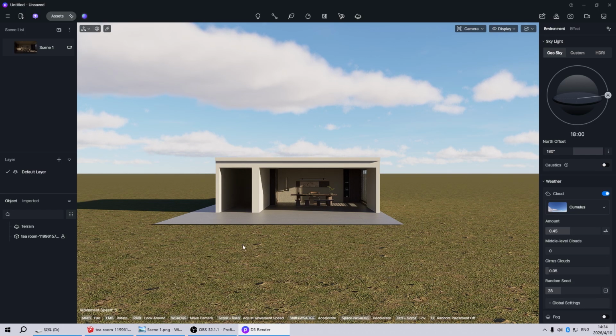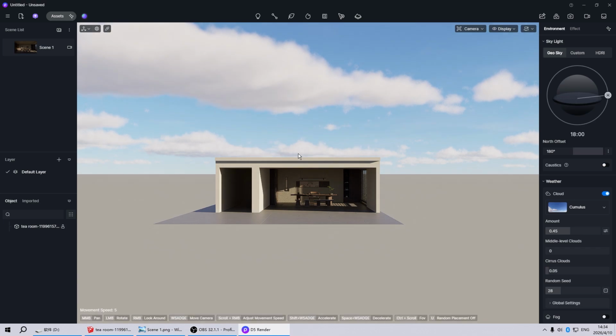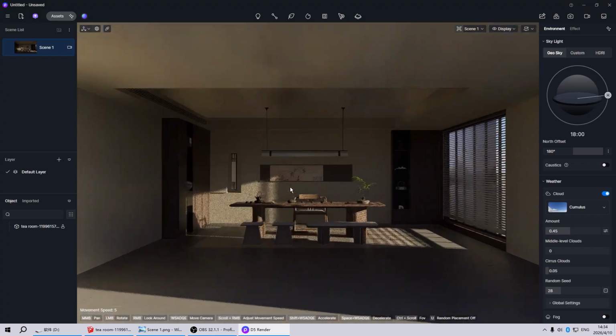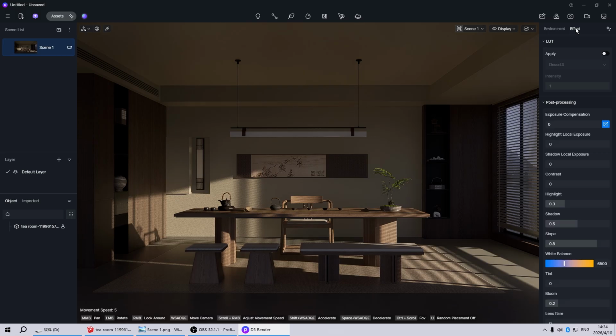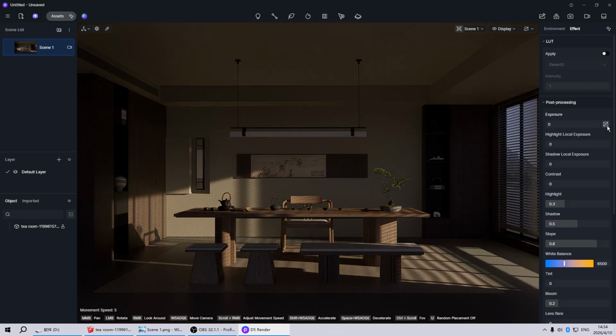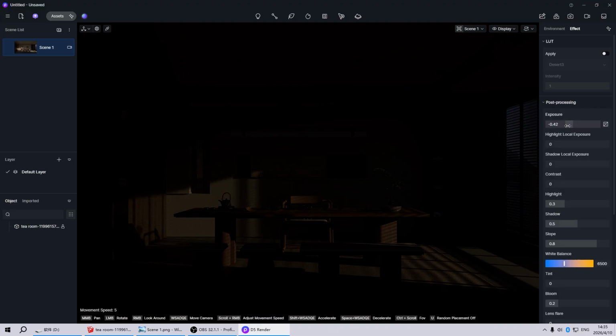So let's delete the terrain. Right click, delete. Go back to our scene. Now go to Effects, turn off the auto exposure, and let's lower the exposure to something like this. It's very dark. Update. The reason we are doing this is when we are setting up the lights, we don't want any other